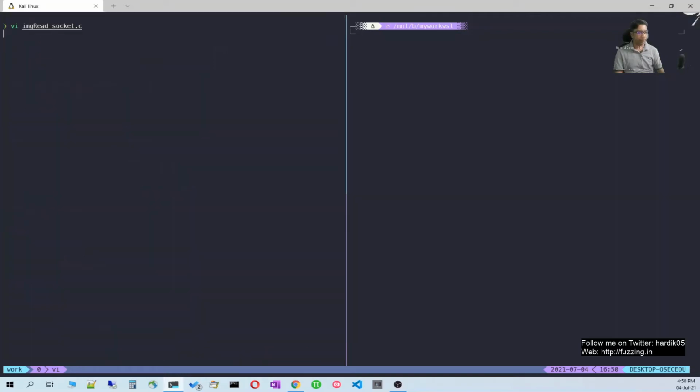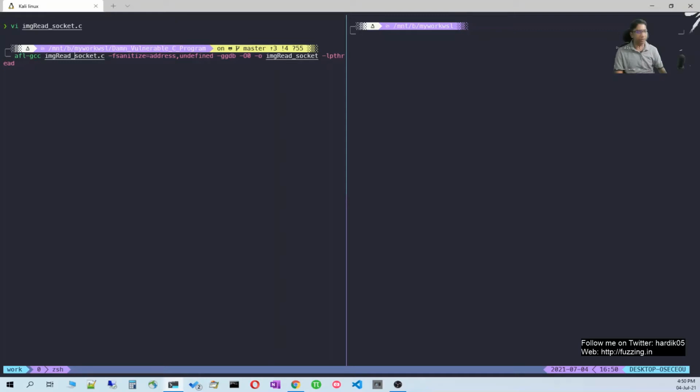And now we can compile that using our standard AFL GCC command. We can even use AFL Clang, or AFL Clang fast, but just to keep this simple, I'm using AFL GCC. Here the command is afl-gcc imgread_socket.c, which is the source file name.